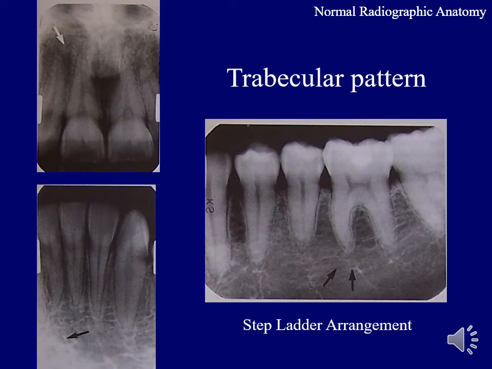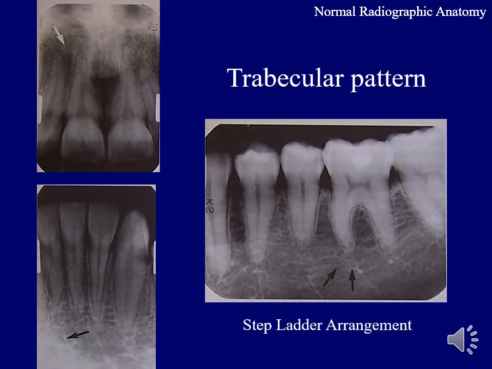The trabecular bone usually lies between the cortical plates of the jaws. This trabecular bone is usually composed of thin radio-opaque plates and rods. We call them trabeculae, and these trabeculae are surrounded by small radiolucent or black pockets, which are usually bone marrow. These trabeculae have a specific pattern with anatomical locations. We call it the trabecular pattern.